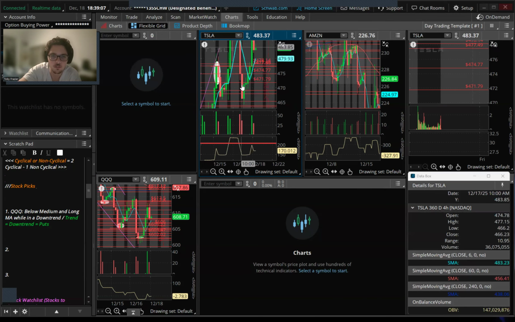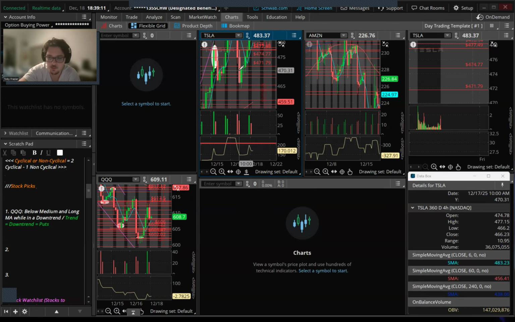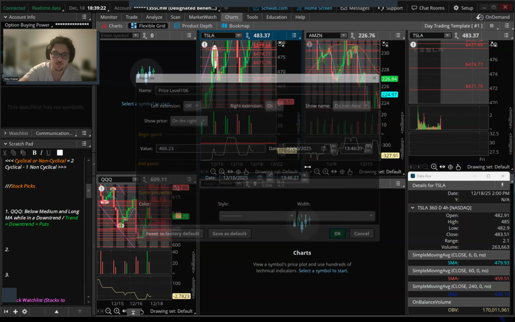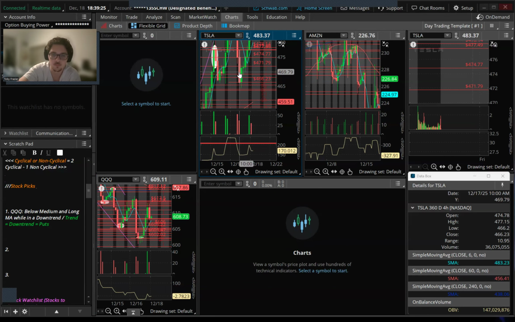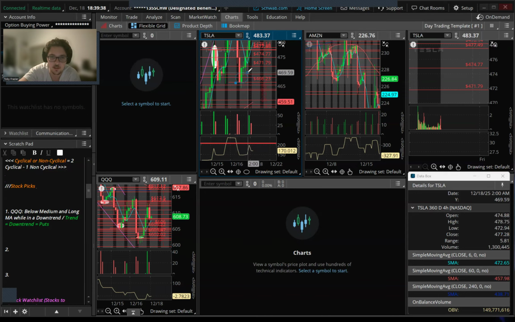All right, let's just go right here. All right, let's see it close at 23, then open at 30. So close at 466.23. Close at 23 cents, 23 cents on the level, and then open at 30. So that 23 cents is our swing low.